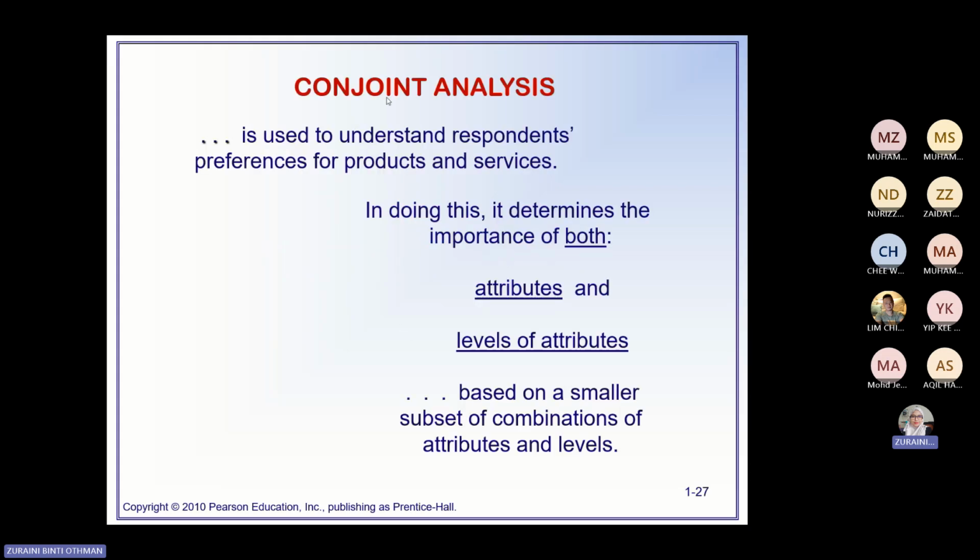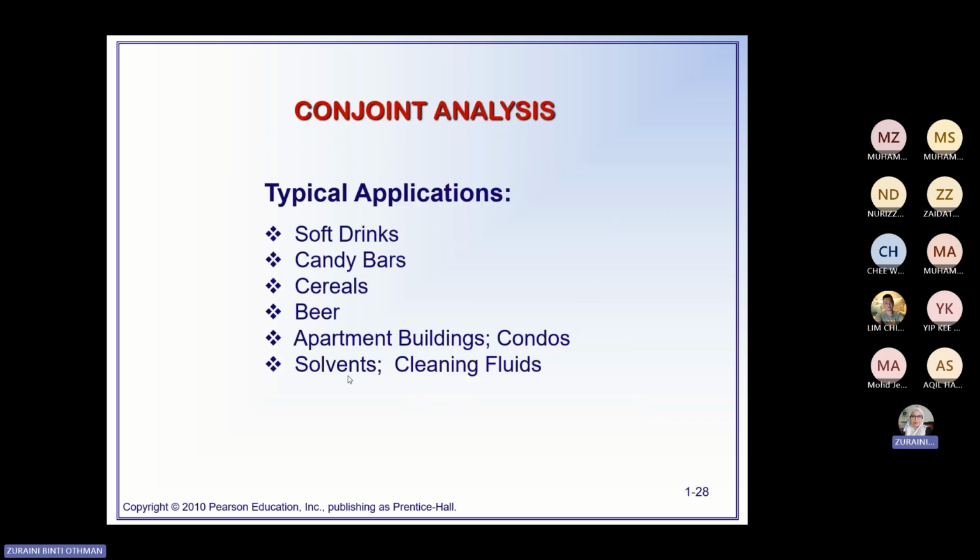Okay, this is what we call conjoint analysis. It's used to understand respondent preference for products and services. In doing this, it determines the importance of both the attribute and the level of attribute, based on smaller subsets or combinations of attribute levels. Later on I'll give a case study, then you may read what method they use in order to